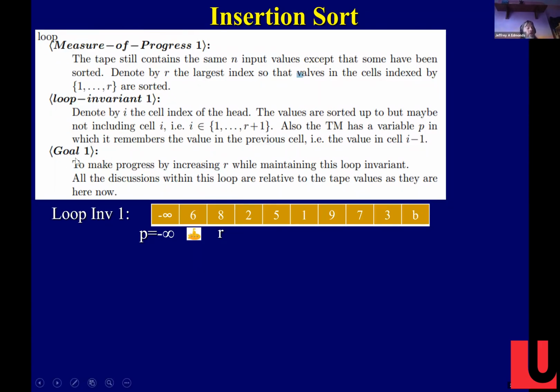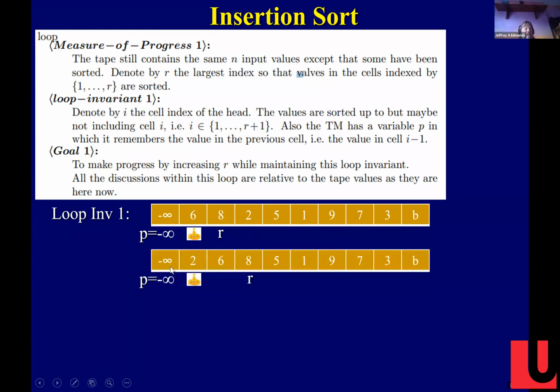All right, so now that's just the repeat of the loop invariant. I added here the goal, and the goal, of course, is to make progress while maintaining the loop invariant. And so remember, our measure of progress is R. So our goal is to increase R. And how do you increase R? Well, you find the value that's in R plus 1, right? Because that's the first guy that's not sorted, and you put it where it belongs. All right. So if we do that, then we're back at the top of the loop, and we found R, and we found the guy at R plus 1 is 2. We put 2 where it belongs, and now